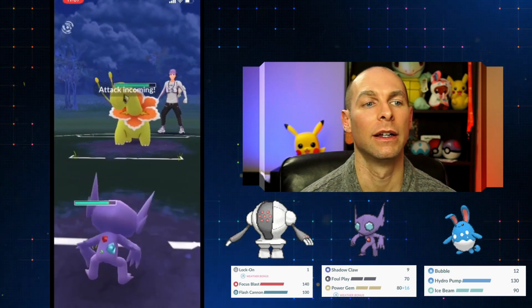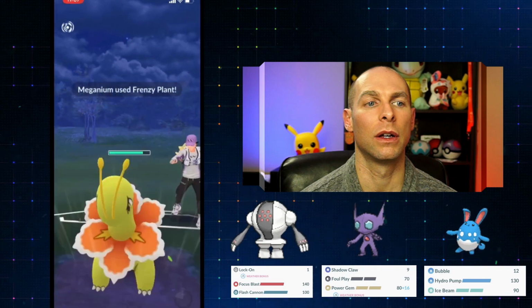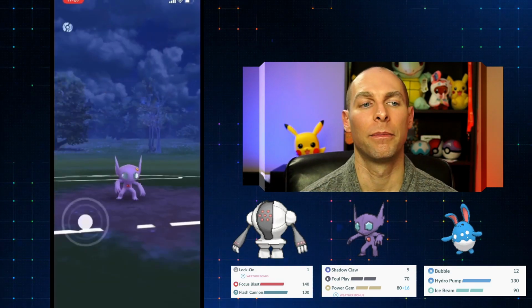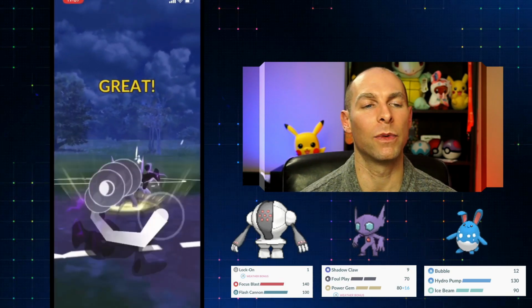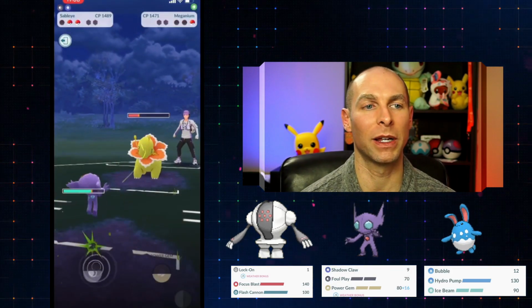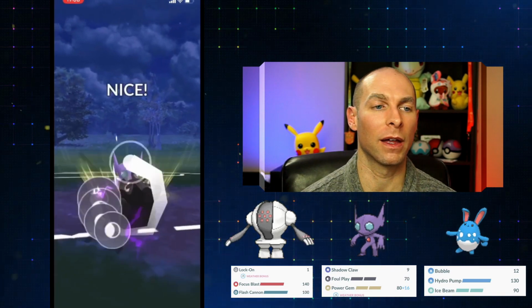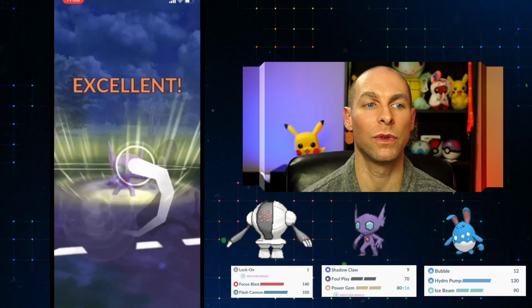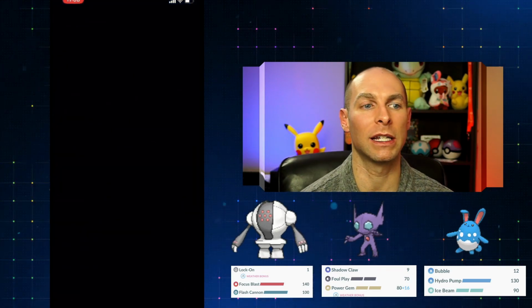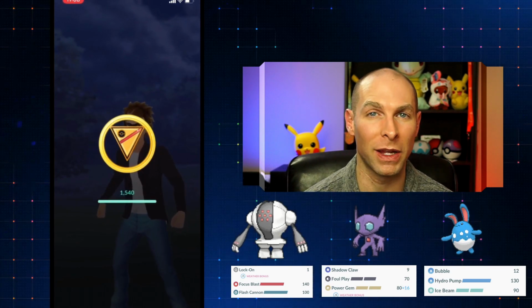So Sableye going to come in, definitely not the most effective counter to Meganium. I was really on the fence about whether or not that was the way to use that shield, because an Ice Beam would have been a really nice super effective attack into the Meganium. But depending on how much energy a Frenzy Plant unshielded would have taken down a Sableye too, he could have potentially farmed me. I wasn't